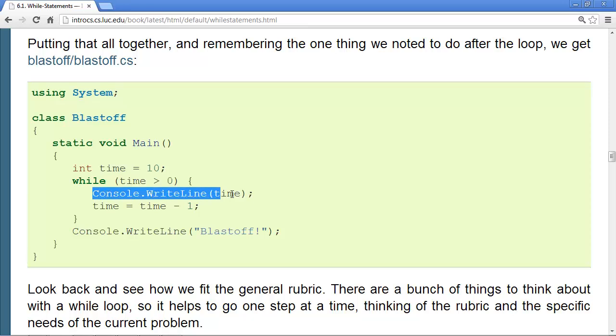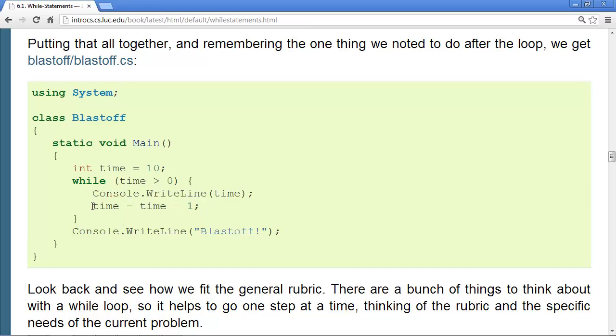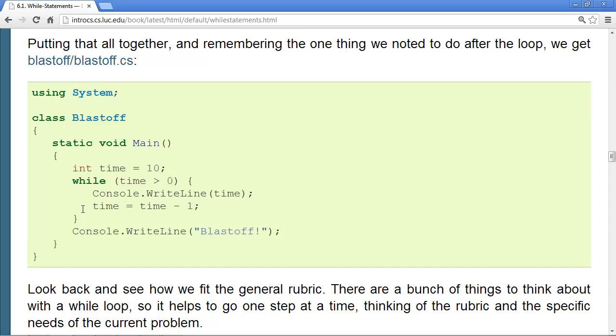As we saw, we write out the time and we decrement the time, doing our main thing and then updating the variables to be ready for the next time through. Our loop continues, and when we're done with the loop, here we have our special line that doesn't fit. It's not repeated, just comes once at the end, so it comes after the loop.